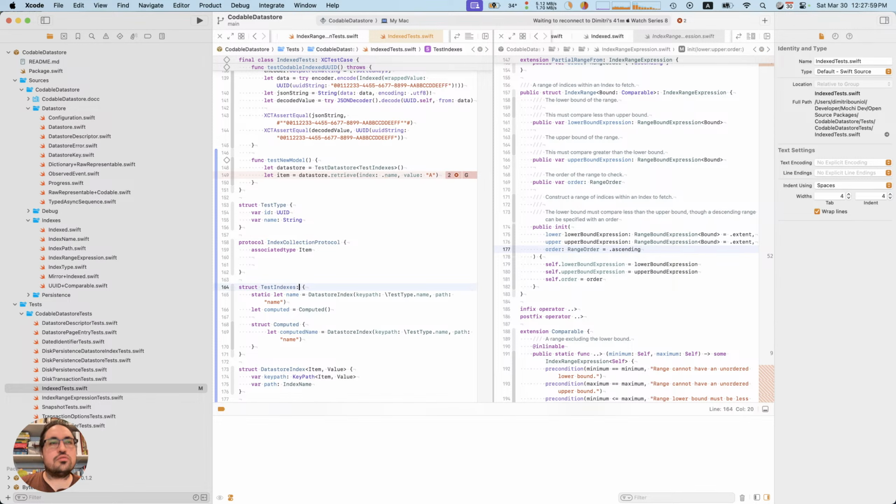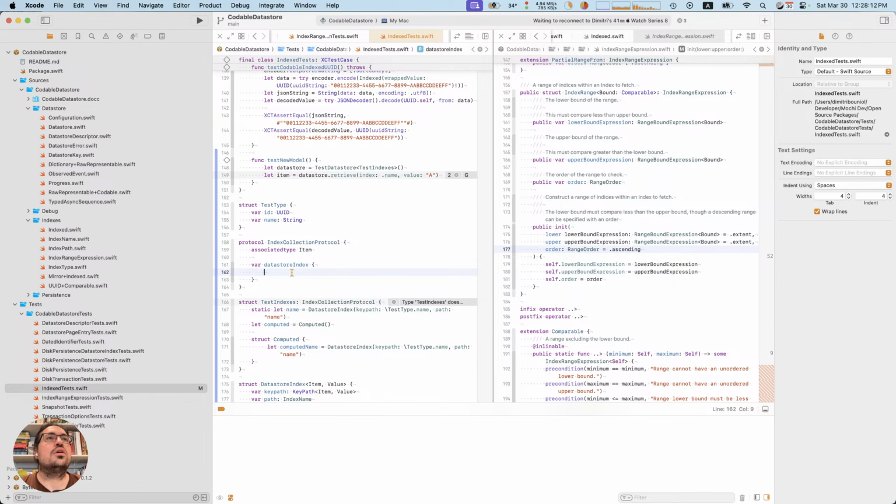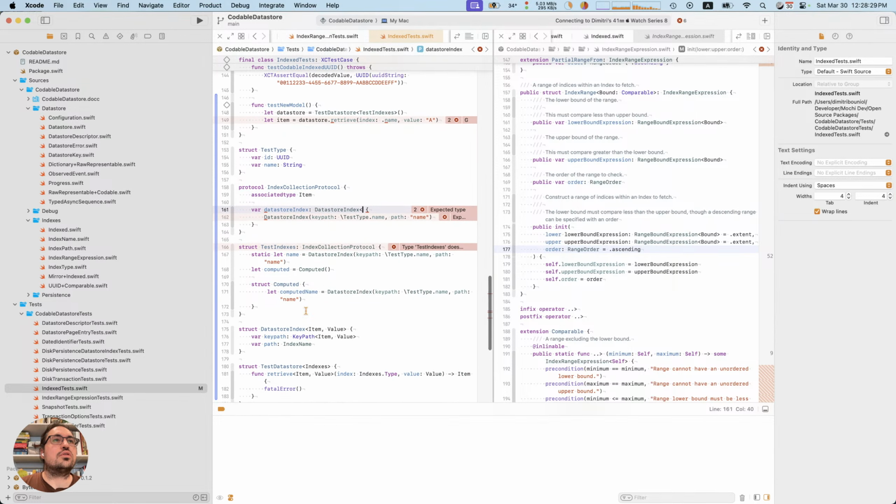Okay, so if this conforms to that, then all we really need is a data store index, and this will return a data store index that's keyed to, I forgot what this was.